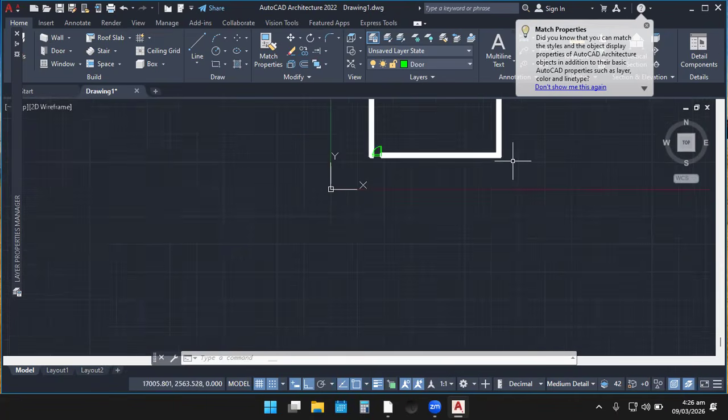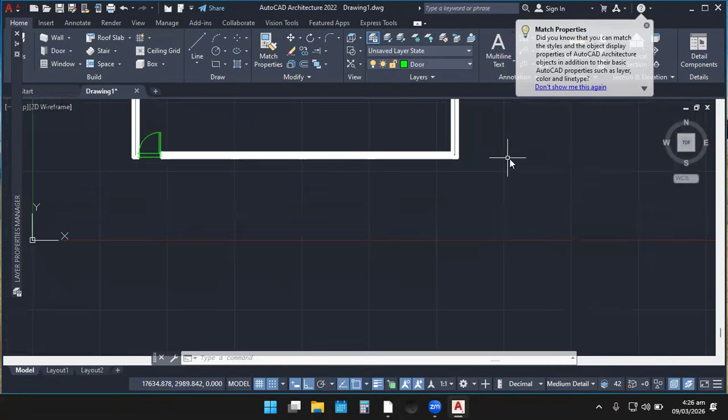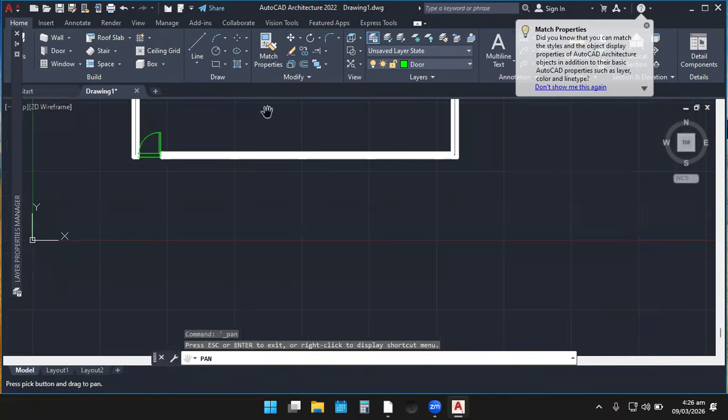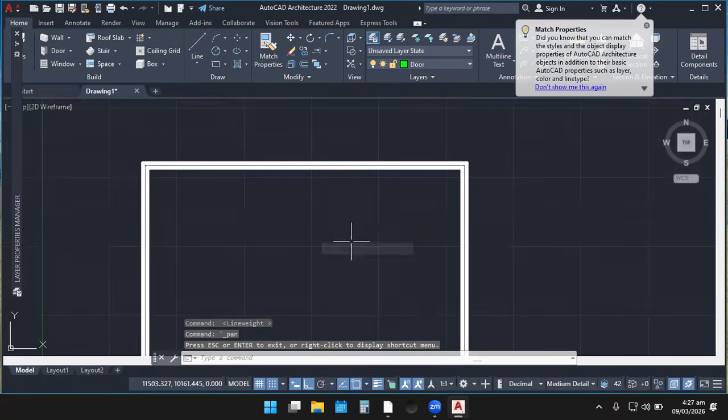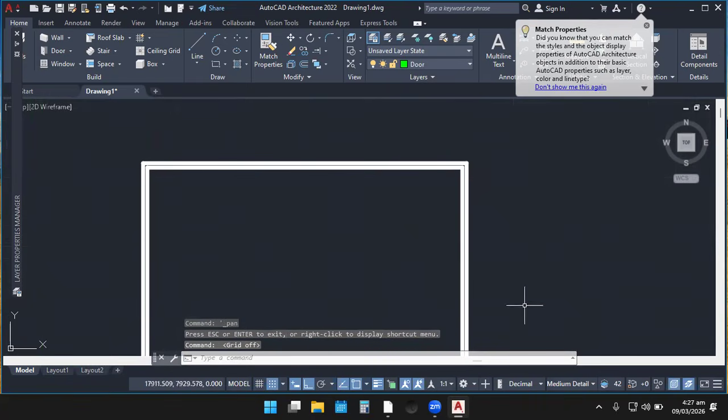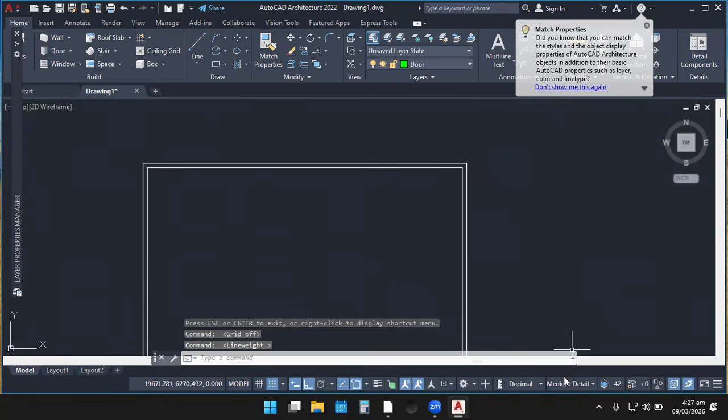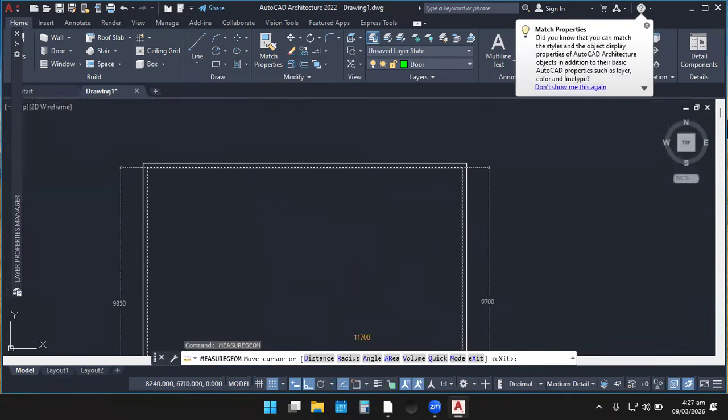Let's start from the top part. Let's pick the pan to drag our screen down. This is the pan. And then when we bring the screen down, now we can start. So I exit. You can see that I just turned off this. So let me turn off the line width. And then now let's pick a tape measure to do something before. In case you are looking for something and you're not seeing it, you can also type it in the command. So this is the tape measure.